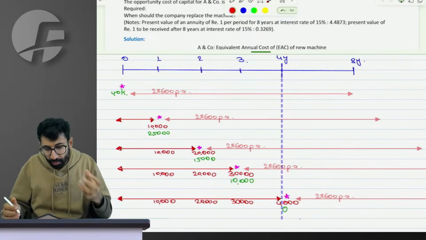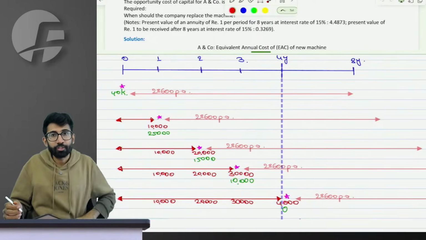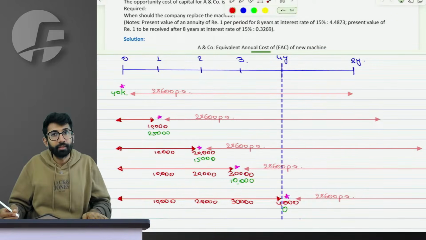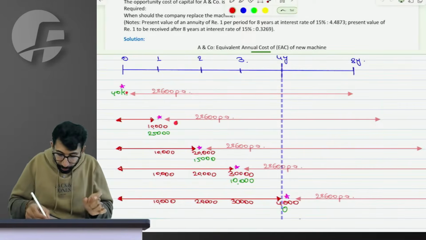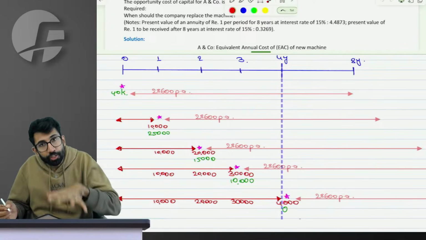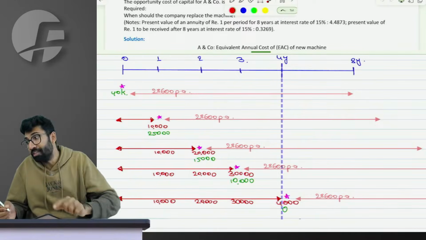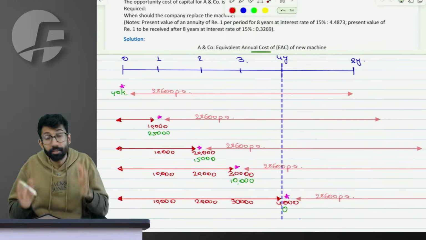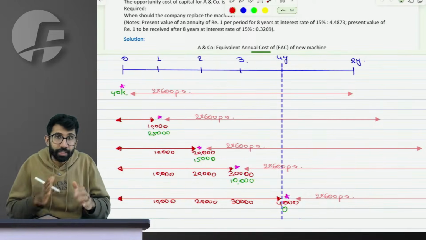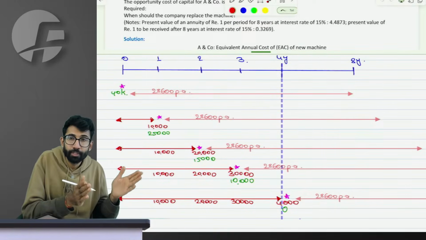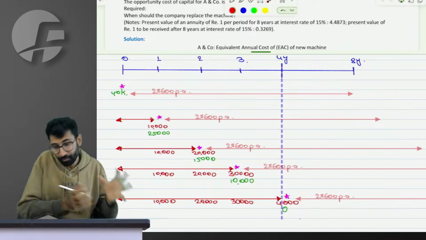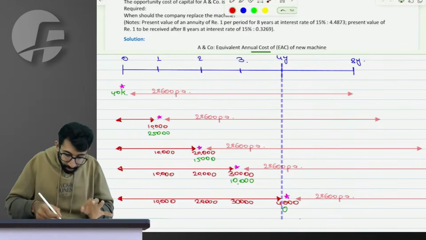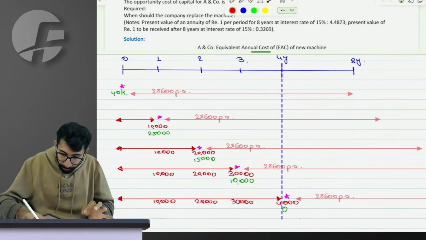It's not a combination, but it's not a basic question of replacement that we have seen. You have to replace, and when do you have to replace? The way the institute has done it and the way we will also have to do it for the sake of marks is as it is. They are absolutely correct. There can be other correct ways to present the solution, which is fine, but we have to follow their solution.